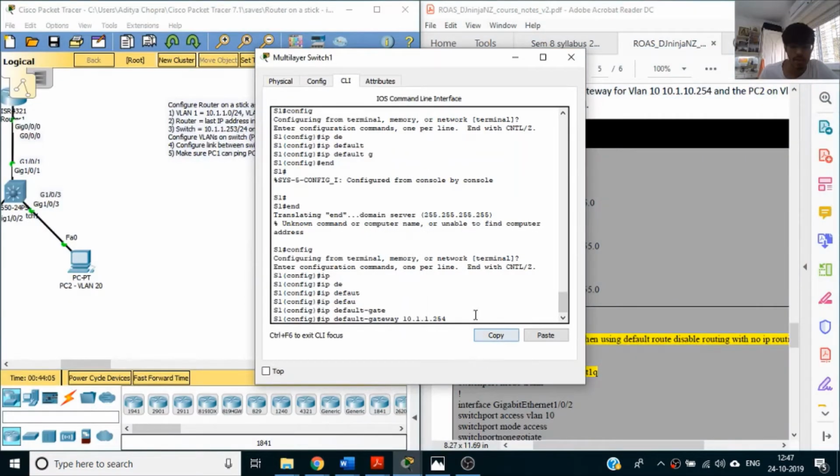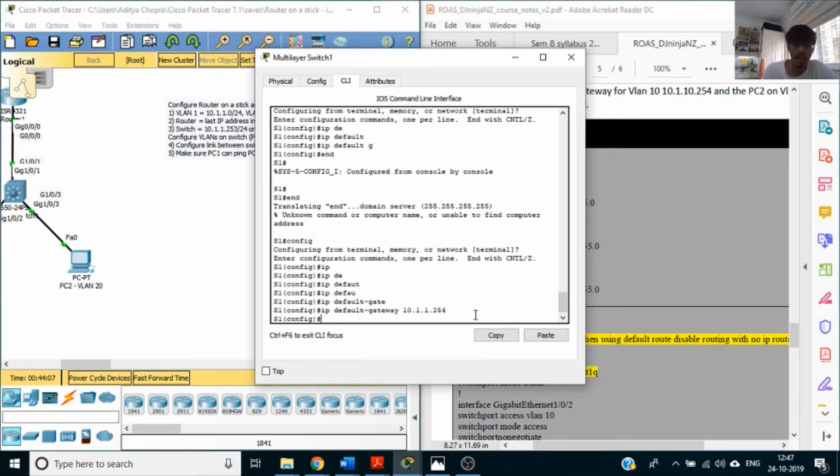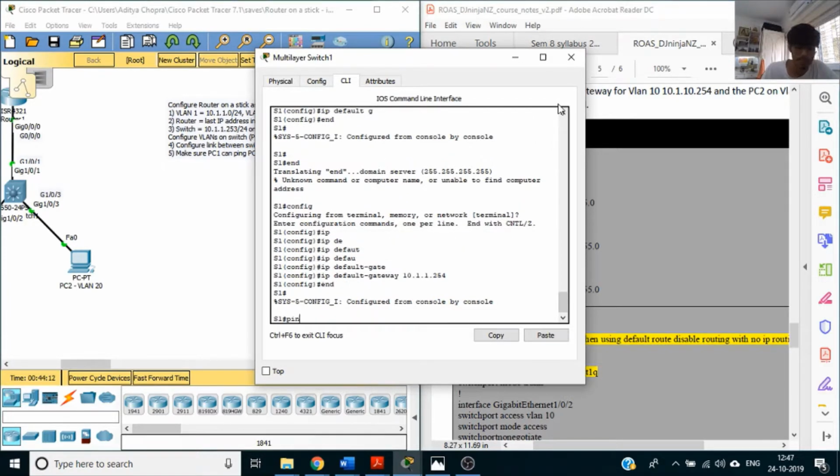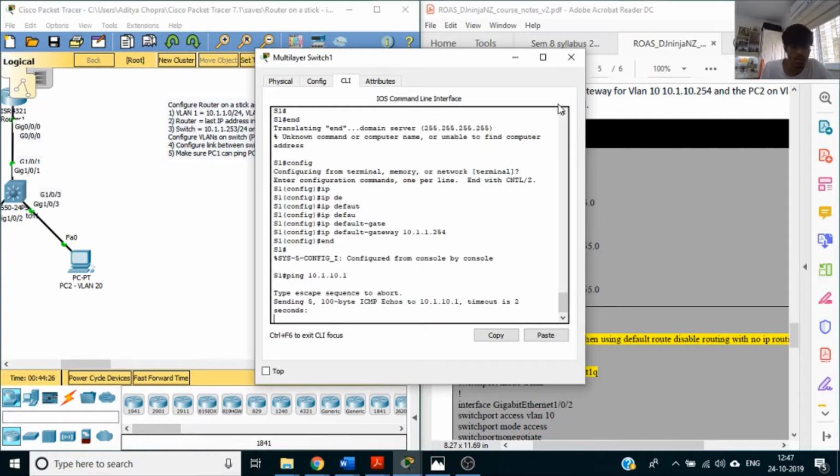So we specify the default gateway, and now we'll try to ping the PC from the switch, which is the same as pinging the switch from the PC. So pinging 10.1.10.1,